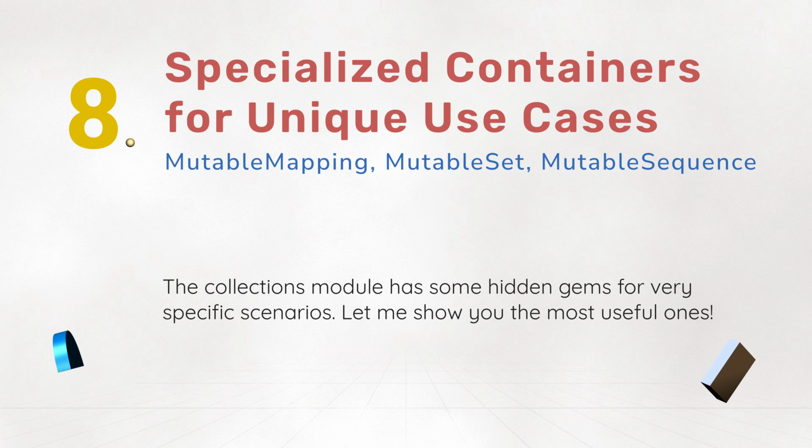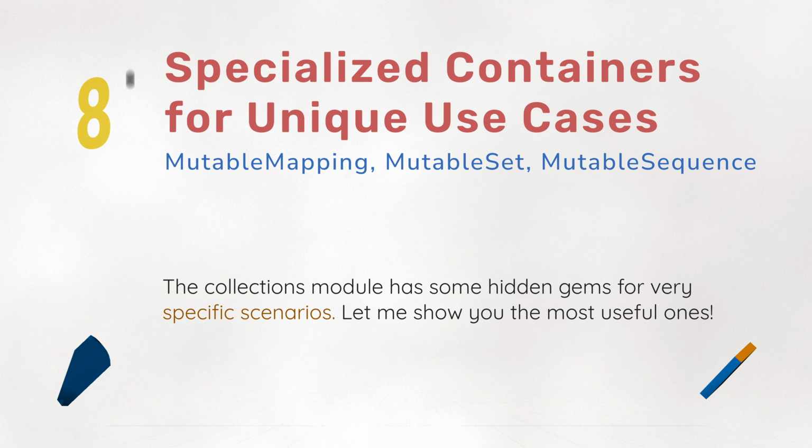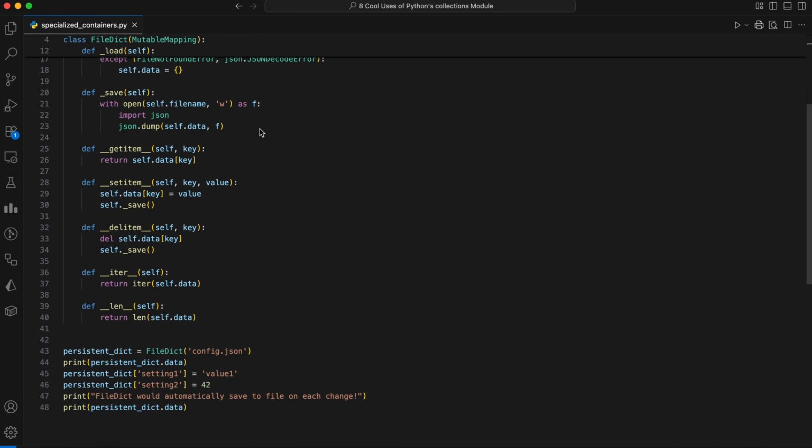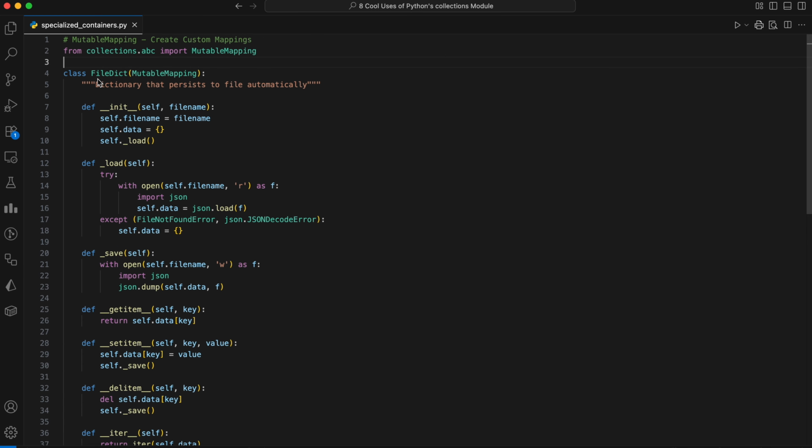The collections module has some hidden gems for very specific scenarios. Let me show you the most useful ones. MutableMapping. We can use it to create custom mappings. This code demonstrates how to create a custom dictionary-like class, FileDict, that inherits from the abstract base class MutableMapping. This inheritance ensures the class behaves exactly like a standard dictionary while also providing a framework to implement core dictionary